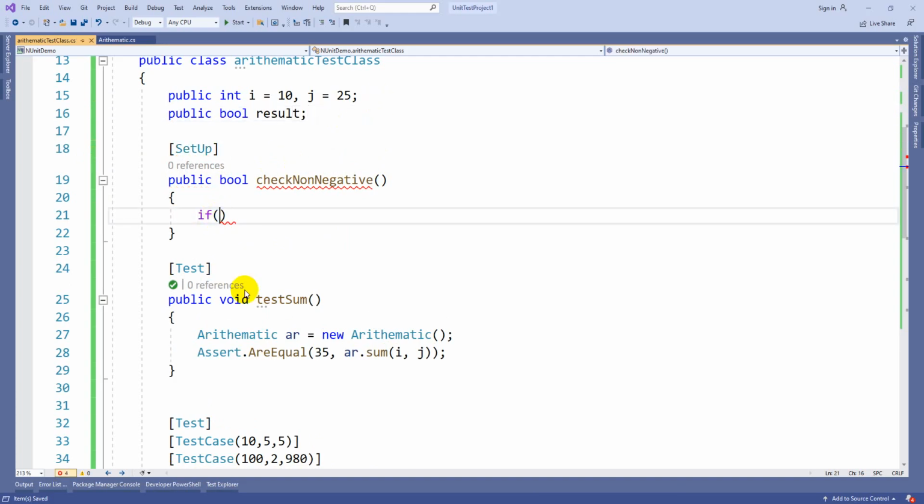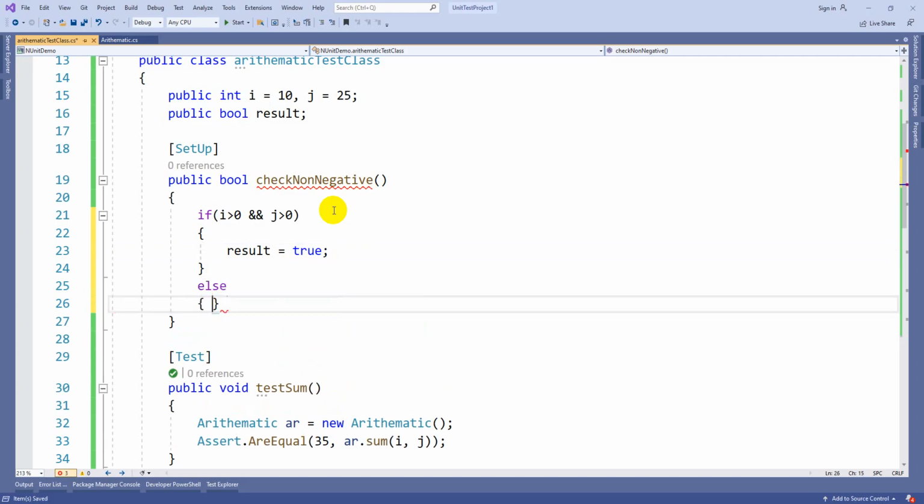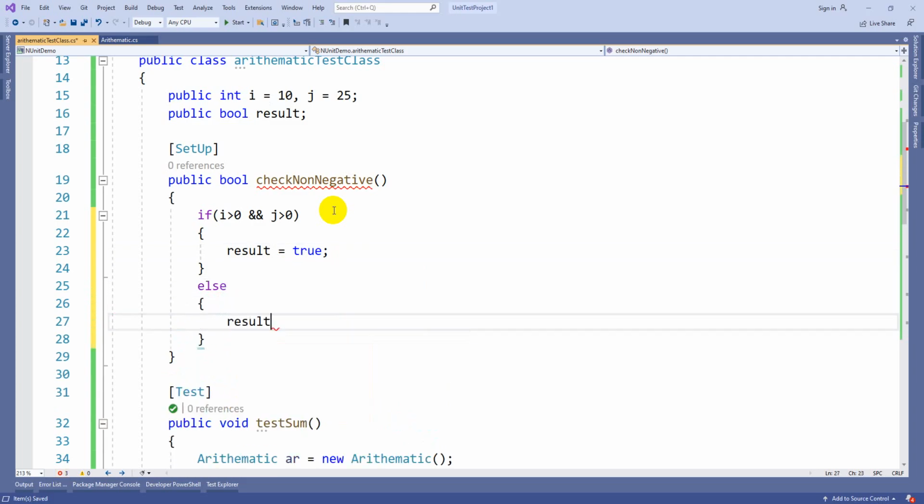So if i greater than 0 and j greater than 0, then I am going to store my result as true. That means I am mentioning both are non-negative. If not, else, I am making result as false.